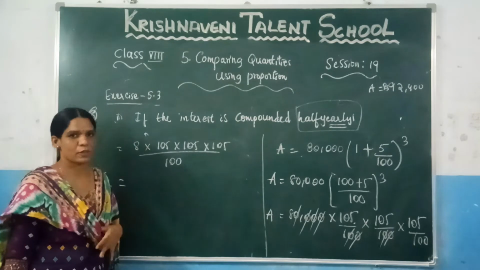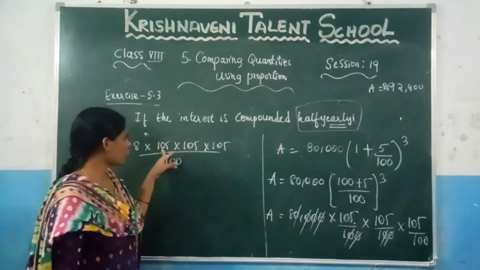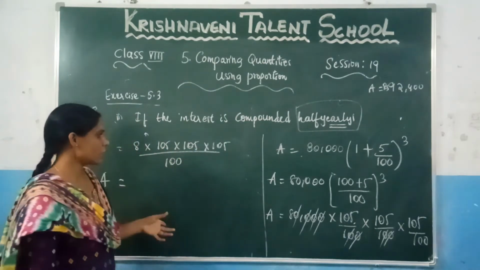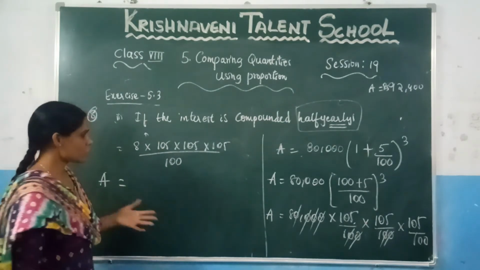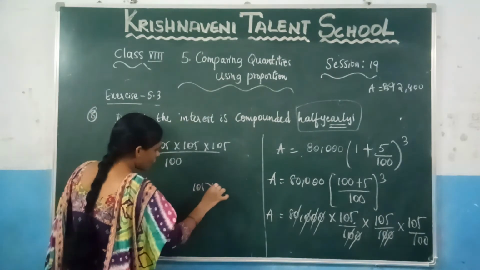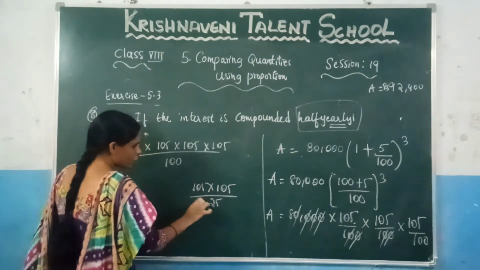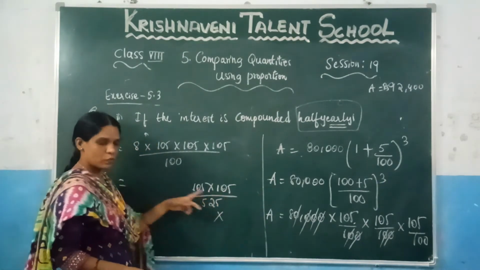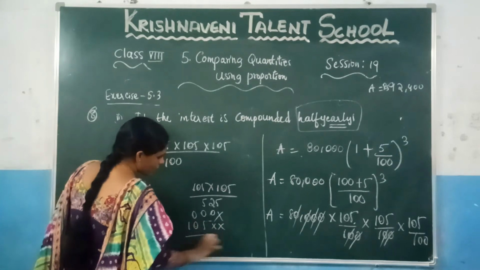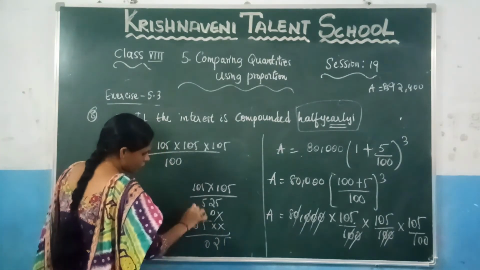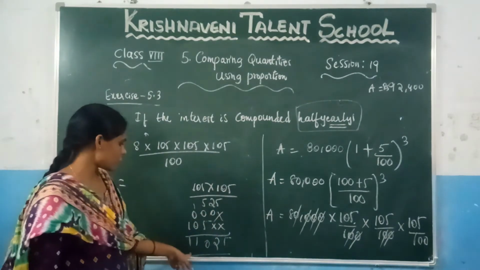Now you need to simplify this one. So here, just multiply what is there in the numerators. So what is the value of 105 into 105, which gives you 11025. Just now, before problems also, so many times we have calculated this one. So if you want to check, you can check it. 105 into 105. So multiply with 5, 5 5 is 25. 5 into 1, which gives you 5. Now multiply with 0, you will get all zeros. Now multiply with 1, you will get here 105. So 5, 2, 0, 1, 1, 1, 1, 0, 2, 5. In the next time, I will not solve. You need to remember 105 with 105, which is 11025.